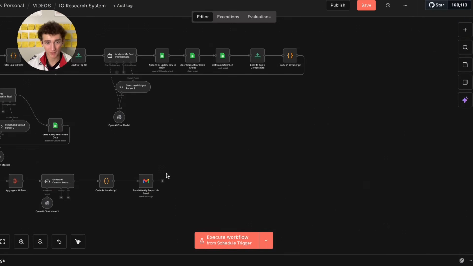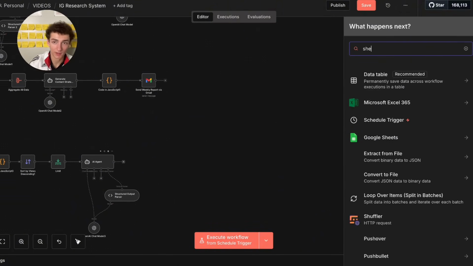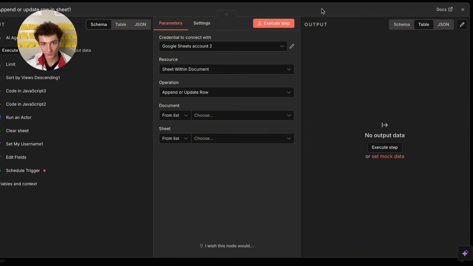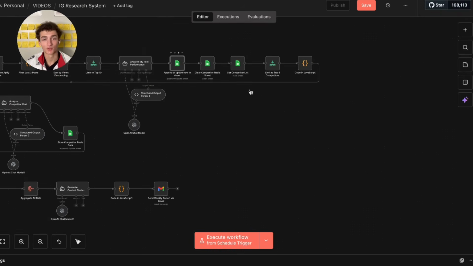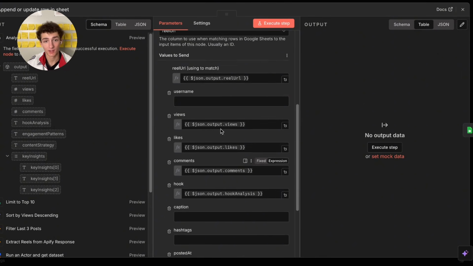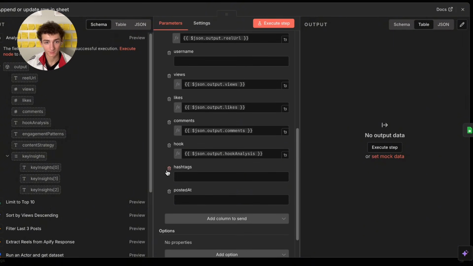So now we're going to start by adding in our append or update row and sheet here. So again, just type in Sheets, Google Sheets, and then append or update row. And then we're going to select our document again. So we're just going to select Comp Research and then My Reels. And this is going to update the sheet with the Your Reels tab. And we're going to do all of this. I have to clean this up a little bit, but